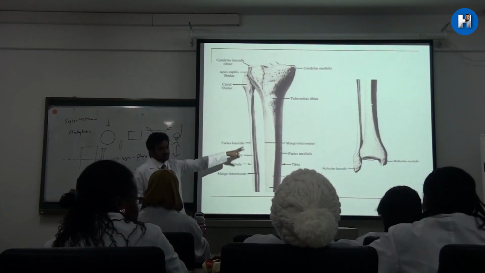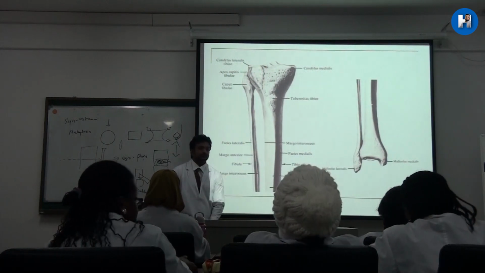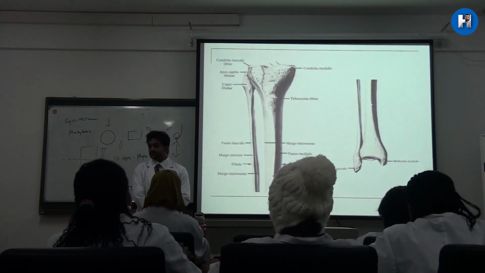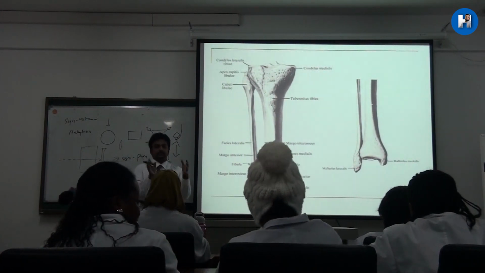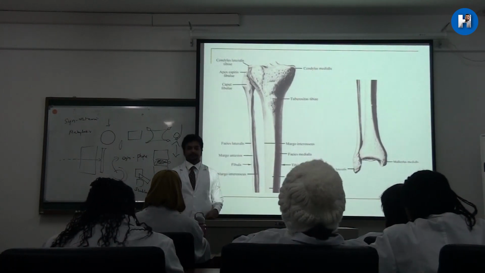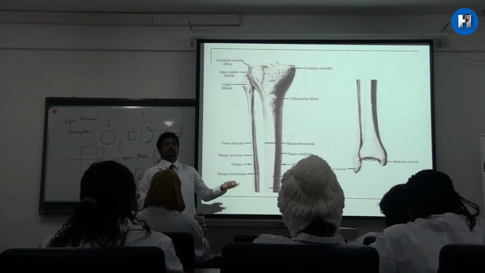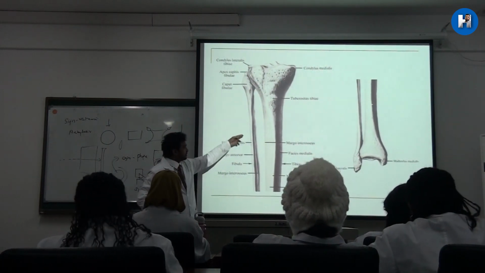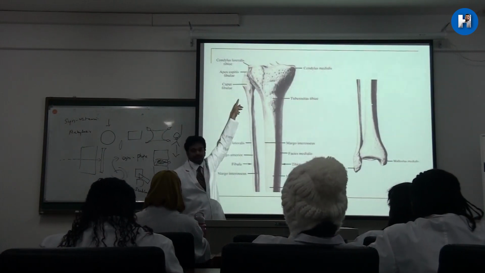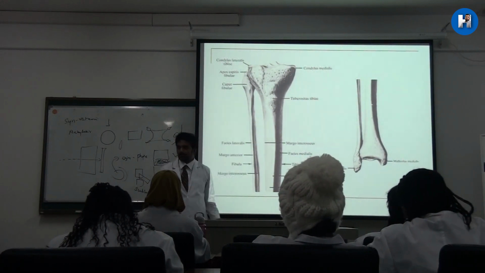The tibia is much bigger compared to the fibula, and it has a superficial location. The tibia is more commonly fractured than the fibula because the fibula is covered by muscle. Here, this surface we call the medial surface, will be superficial. You can palpate it. So fracture is more common in the tibia because the fibula is covered. Clear?